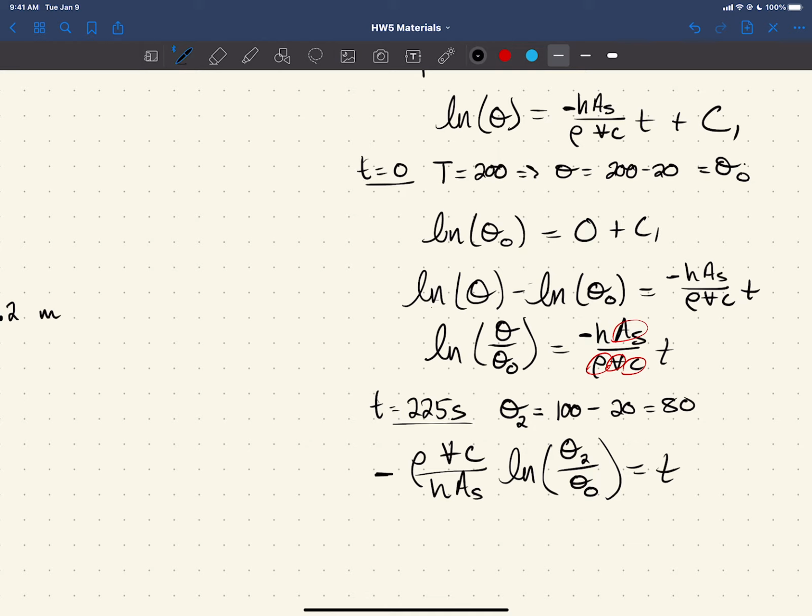I don't know if I actually, maybe this is the one that I didn't actually run to see what the number is, but you can find the number in the solutions that are posted. Just to comment, an interesting thing you notice here, and this will come up in a later problem, you have this volume over A sub s thing where you think you have to calculate the volume and the A sub s, but if you remember,